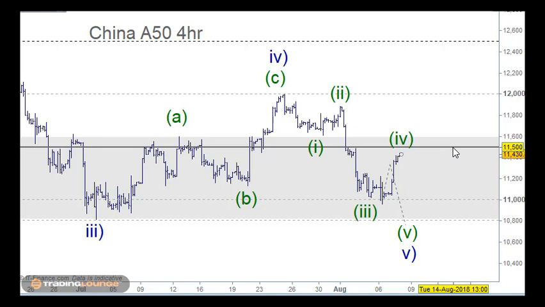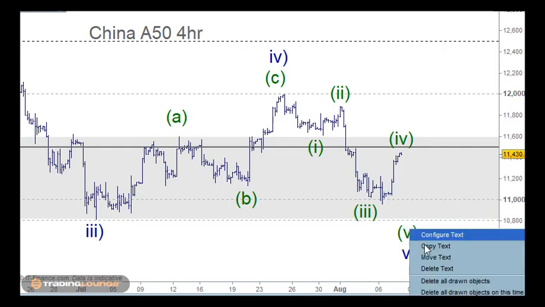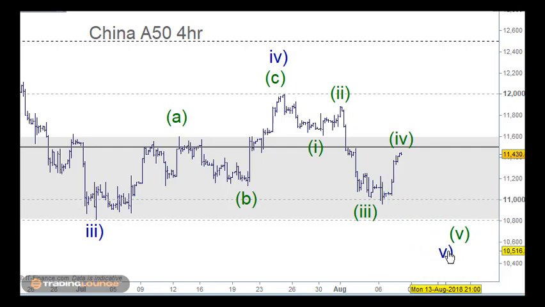And if this level became a tested support, well, then we would need to be looking at being long at that stage. But we don't have 5 waves down here to complete this just yet. So that's what we're looking for here at the moment. So let's just allow this to play out here, and let's see if we get our move down here to complete this